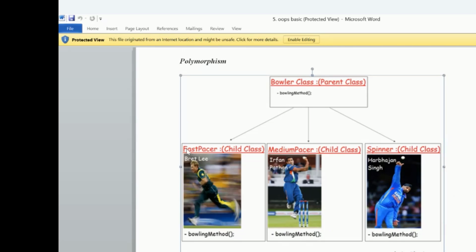Then this fast pacer will be completely different from a spinner, right? So the same function can behave differently as per the requirement. That is called polymorphism. If we take the example of the real world,